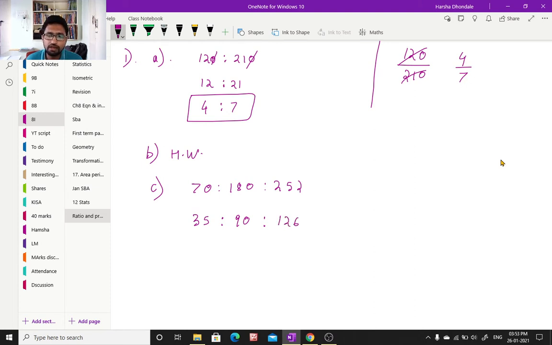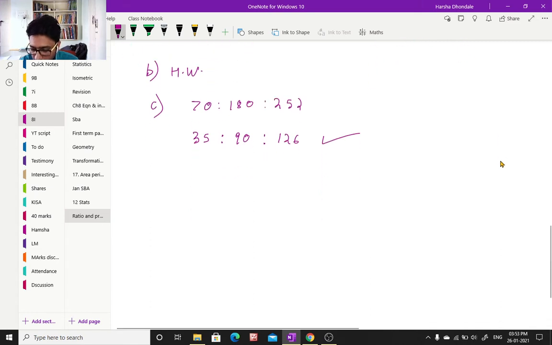Again, can I divide it by 2? No, I can't divide it by 2. Can I reduce it further by chance? Can I divide it by 7? 90 divided by 7, I don't think so. No, I'm getting a decimal number, so I don't think I can reduce it further, which means I have to stop here. Now I have the ratio in its simplest form. That's it. This is the answer. I have simplified it. Okay, next we move to problem 2.